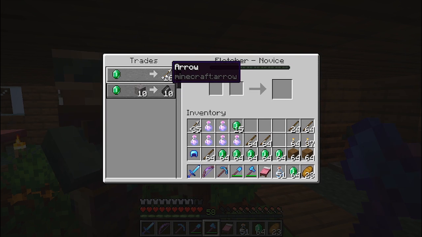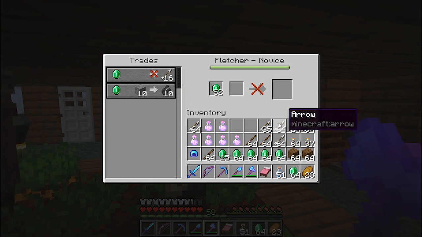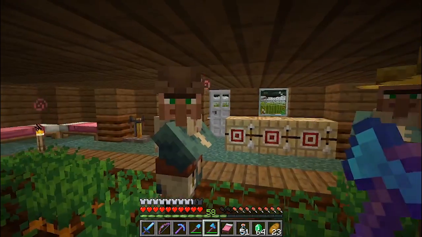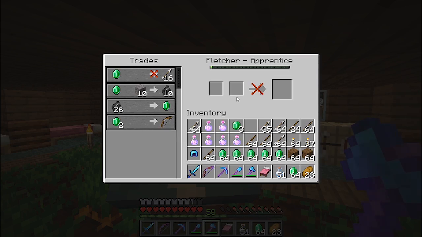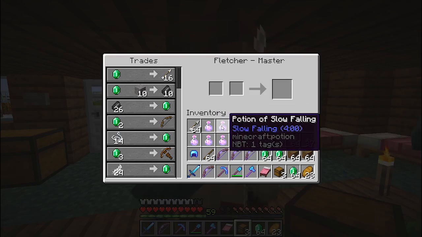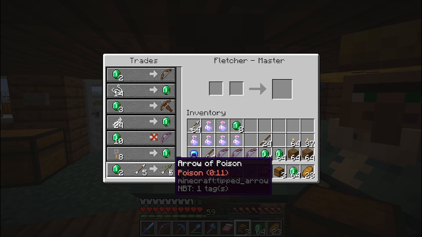Oh, and I found a guy that's gonna sell me arrows. Awesome. So I'm gonna level this guy up by purchasing some arrows. Now I've got a big stash of those, so that's gonna be really helpful. Okay, and we got 1 up to master. And this guy sells arrows of poison, which, not necessarily bad. If all hell breaks...